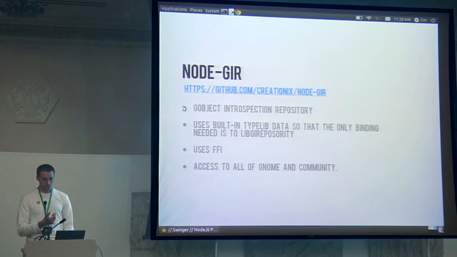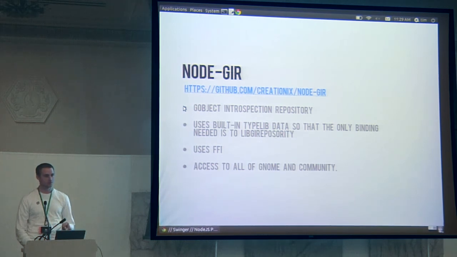And then there's this library called GI repository. And what it'll do is it'll take these typelib files and using FFI, you can call anything in the Node ecosystem and you only have to bind to Node GIR. This isn't done yet. If you go to my repo there, it's pretty much just a README. So I'm looking for help on this. But I think it would be really cool if Node had first-class bindings for this.